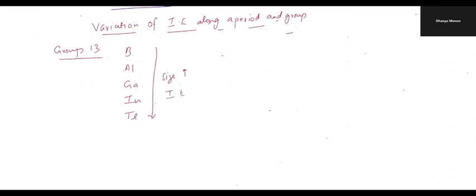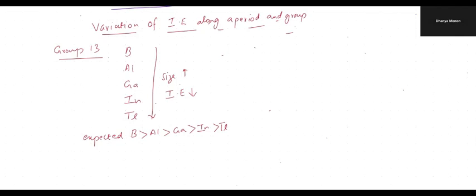So what is the expectation? Ionization energy should decrease. The expected ionization energy is boron greater than aluminium, greater than gallium, greater than indium, greater than thallium. Okay, this is the expected. But in reality,